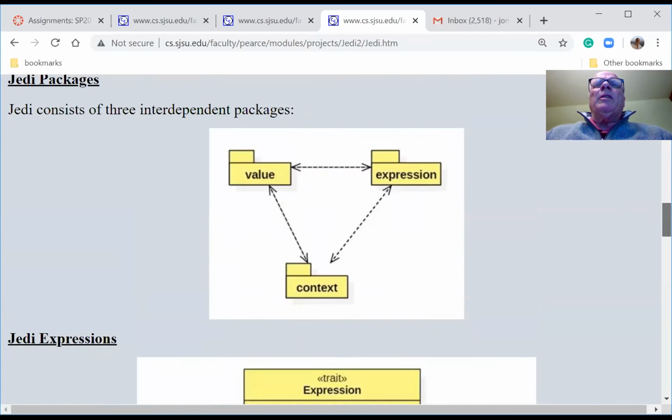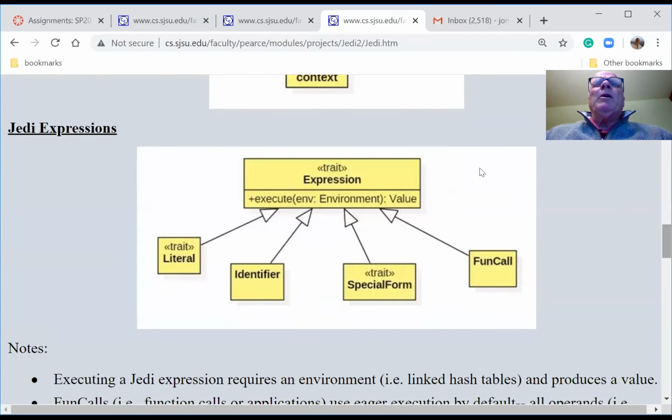So here is the expression package. Here's a little teaser of what's in there. So we have this expression trait, and every expression knows how to execute itself. When it executes itself, it needs as an input an environment. This is like a runtime environment. This is going to be a table.